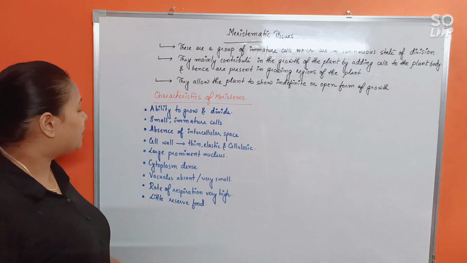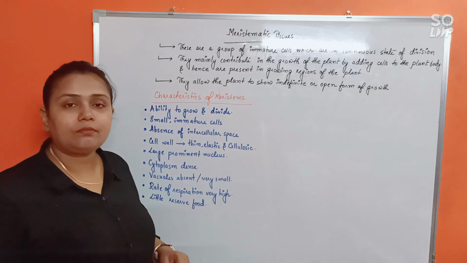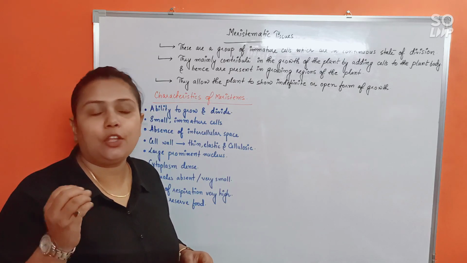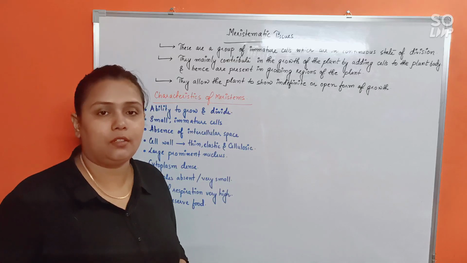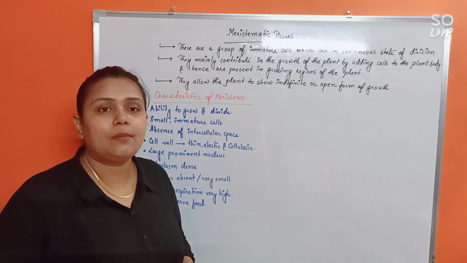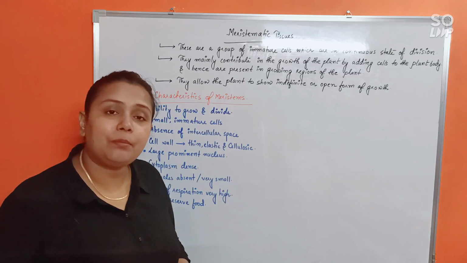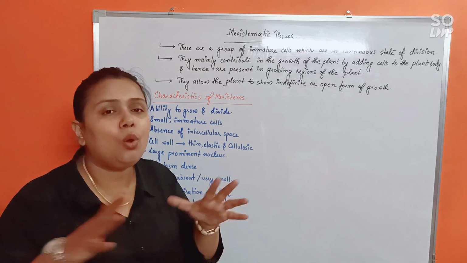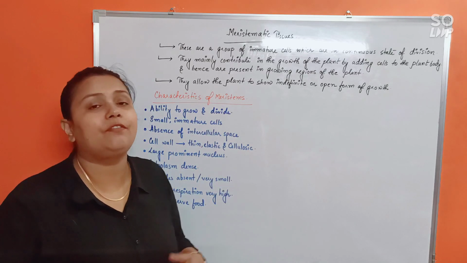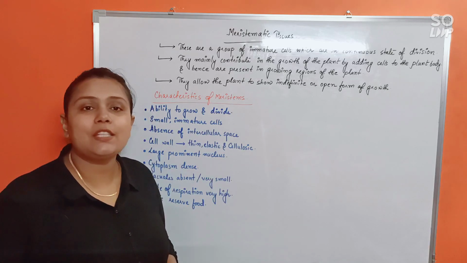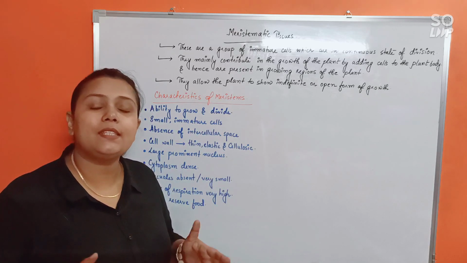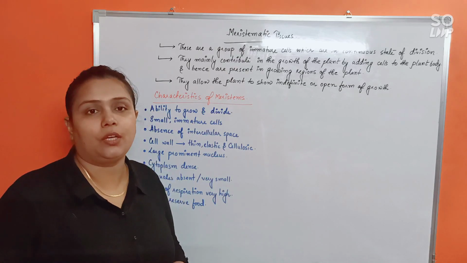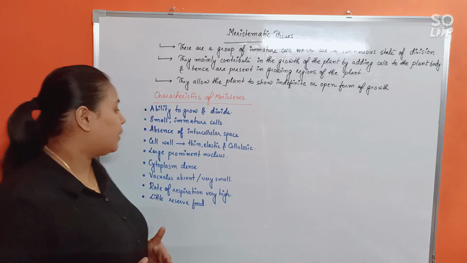Okay. Next, large and prominent nucleus. Now all of you know that in a cell, the nucleus is the controlling agent. It controls all cellular activities. Because the meristems are in a continuous state of division, that means they are metabolically very active, right? And to control all those metabolic reactions which are happening at a very fast rate, the nucleus also has to be prominent, right? So these meristematic cells always possess a large and prominent nucleus, a conspicuous nucleus, alright?